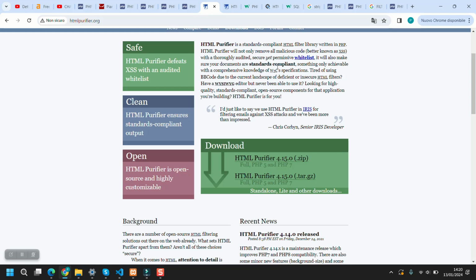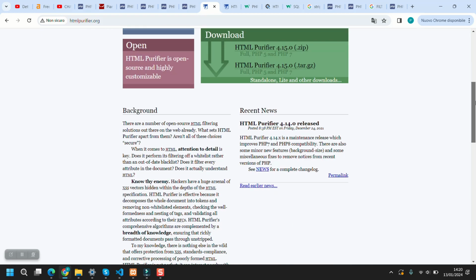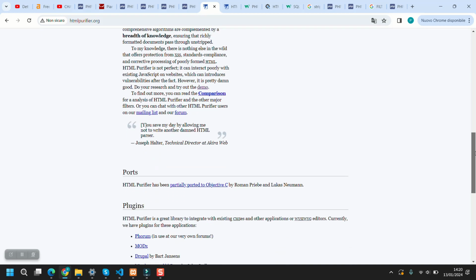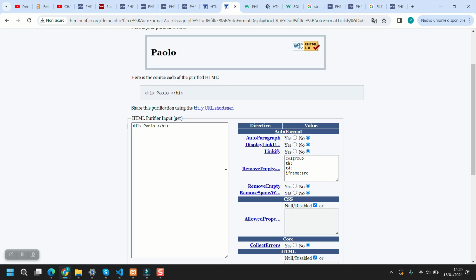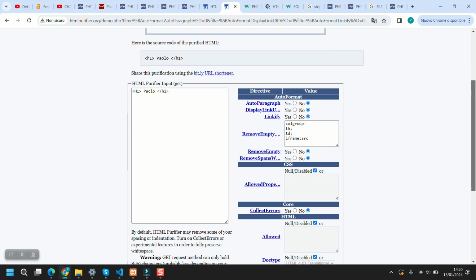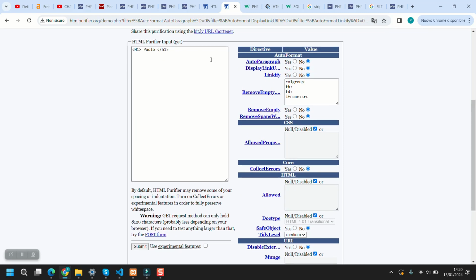It is created by people, you can download it, and probably if your HTML text areas or large HTML pieces are involved. Here is the demo. I didn't download it. You can see the demo here, that if this is the HTML input that you get,